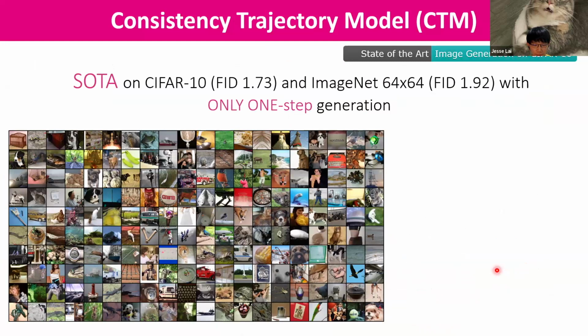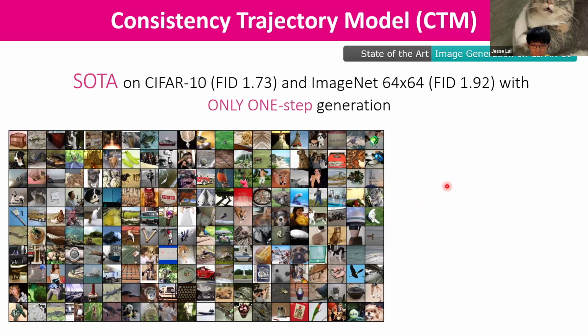So for a TLDR, CTM is a diffusion-based method that achieves SOTA generation with only one step. So here are some random samples generated by CTM.